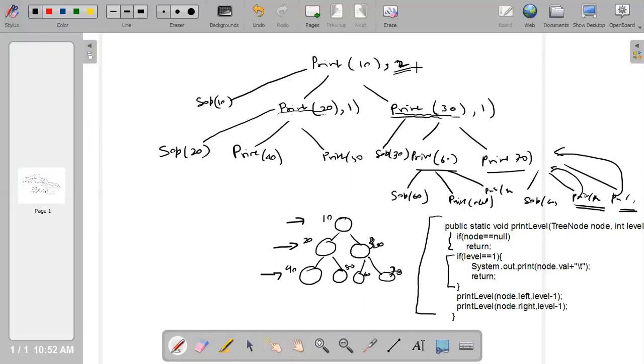If you want to print level 3, what will happen? Here it is 3, right? Then here it will be 2, 2, and here it will be 3, 1, 1. Agree? Okay, if it is having n levels, and if I am calling with n as the level, so once it is reaching level equal to 1, if I ask to print level 3, only at level 3 this value will become 1, right? Agree or not? If I am passing 2, then only at level 2 this value will become 1, right?